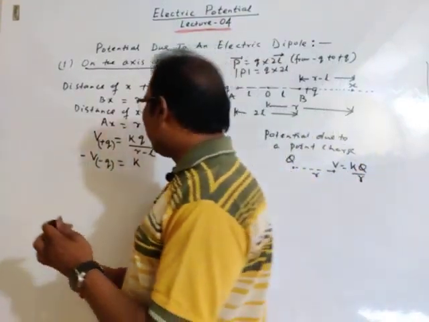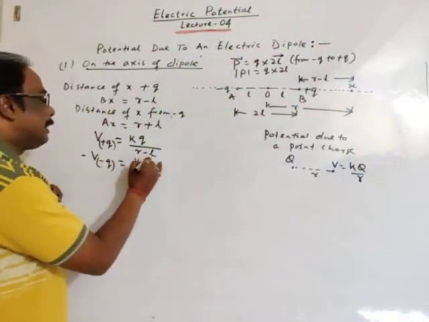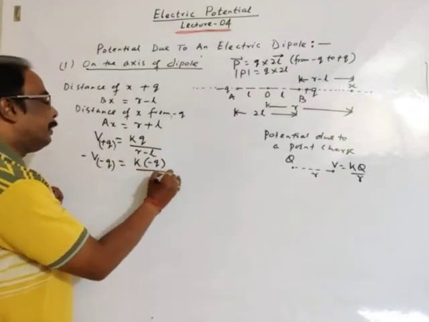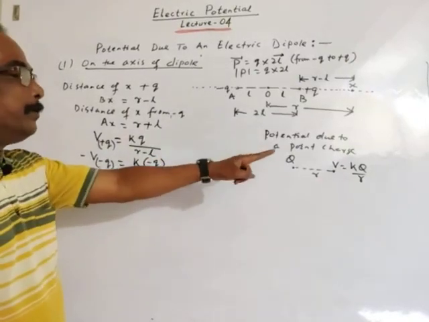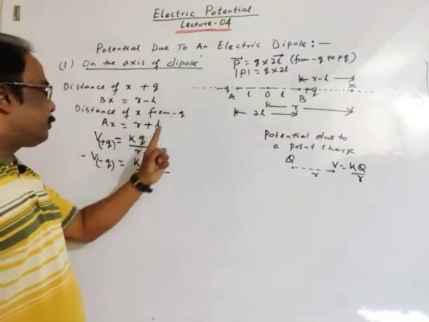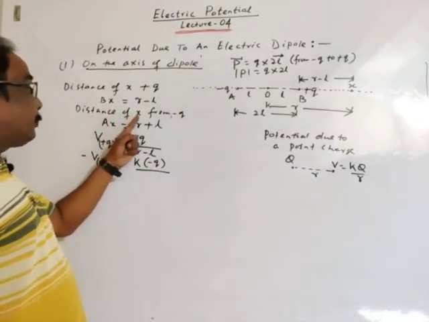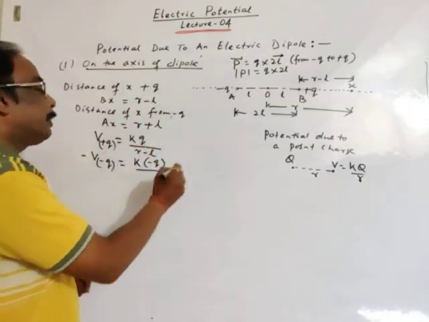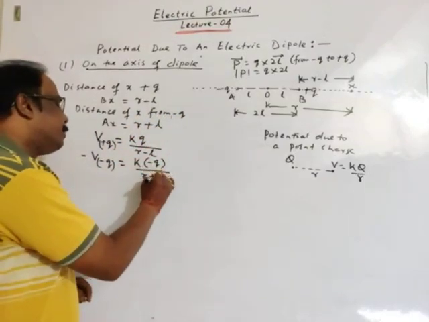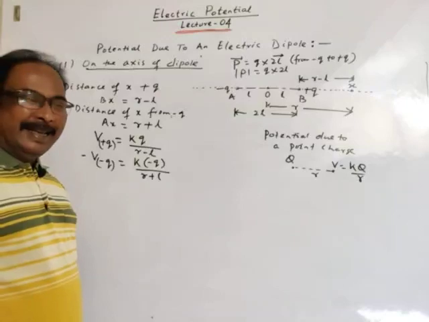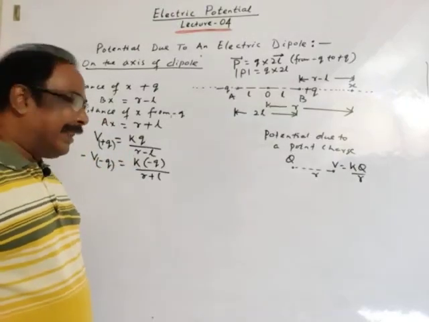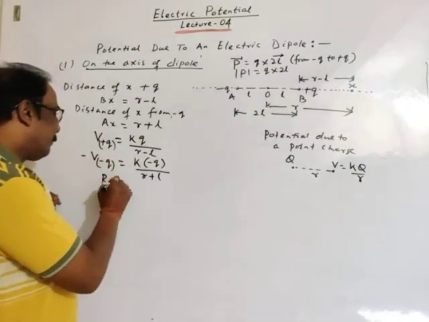So here, this is negative and this is k into minus q divided by distance. Here the charge is minus q. The distance of x from minus q is r plus l. So in place of r, we will write r plus l. So total, resulting potential